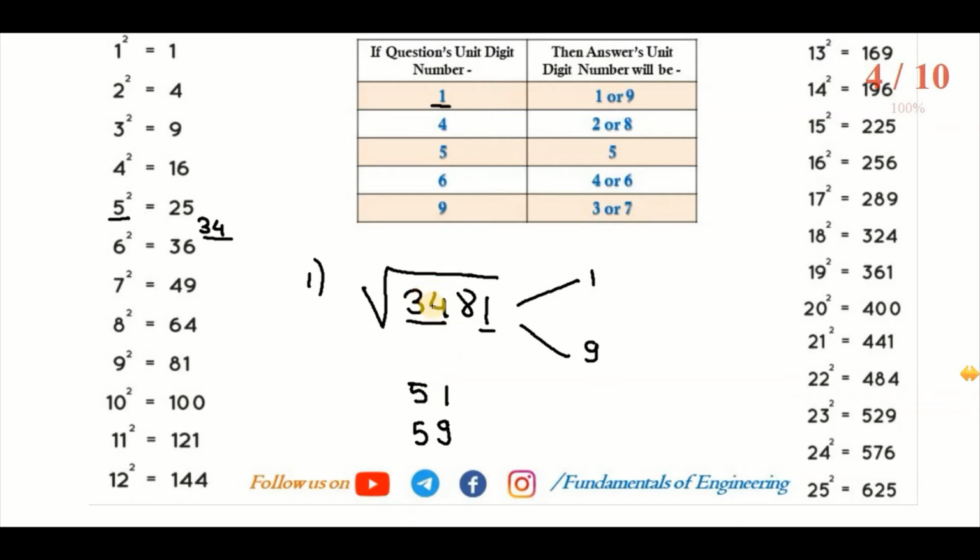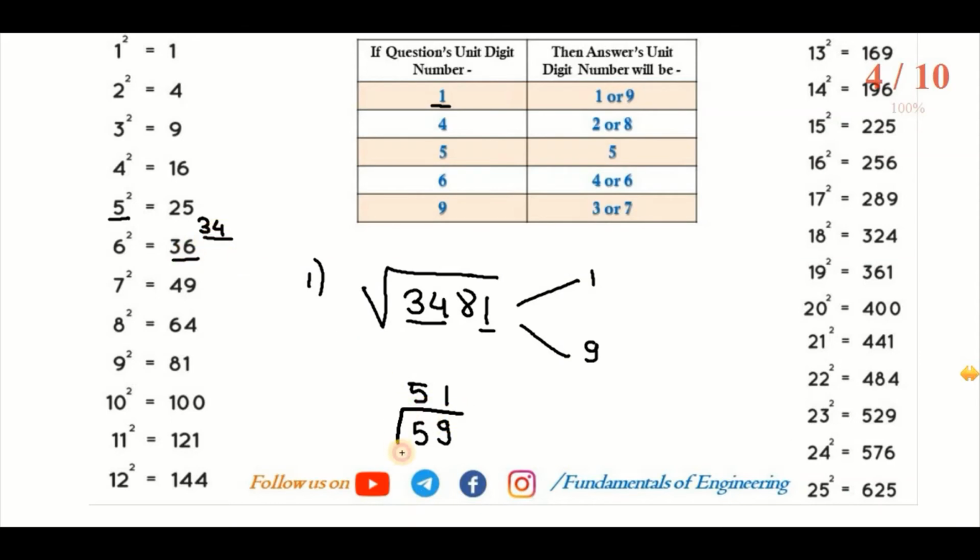Now we get the square root of this number as either 51 or 59. But to find out which, there is another important thing to remember. Now we have placed 34 in between 5 squared and 6 squared. Now see, 34 is near to which number? 6 squared, that is 36. So either we have to select the top or bottom, right? Now you can see 25 is far away from 34 and 36 is near to 34.